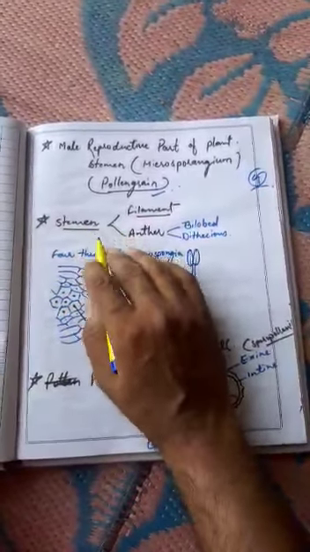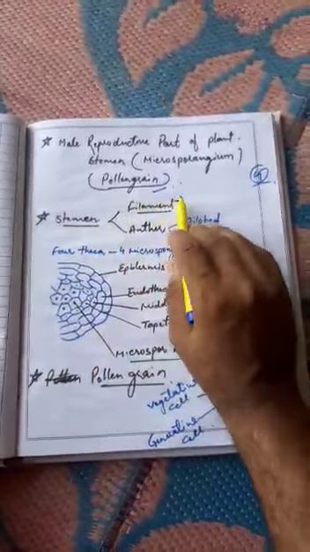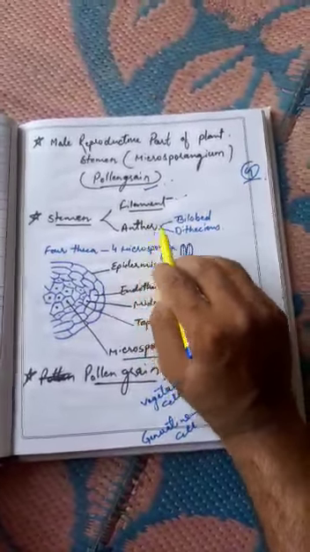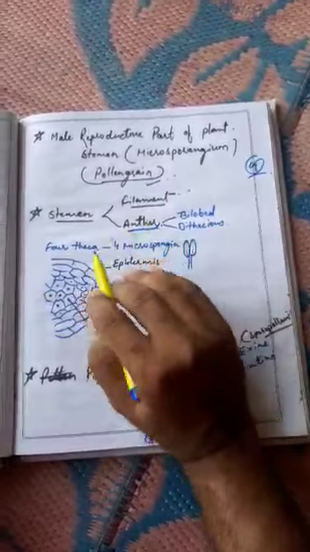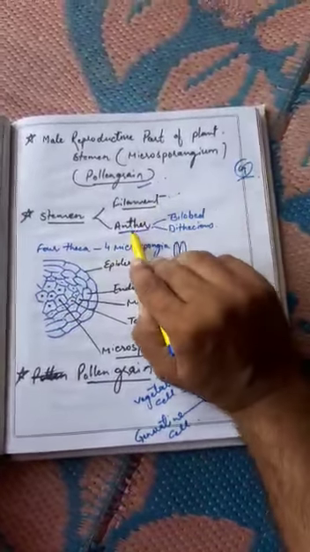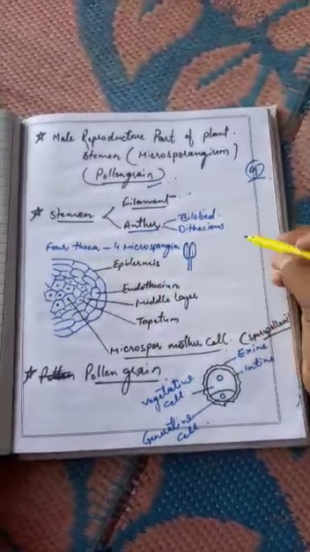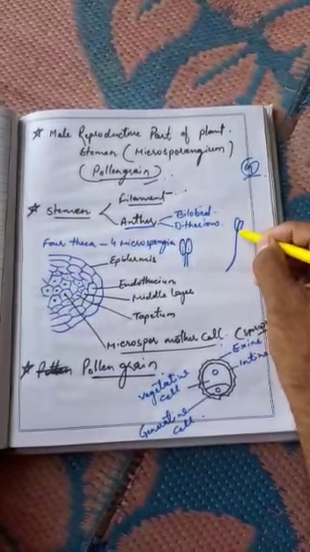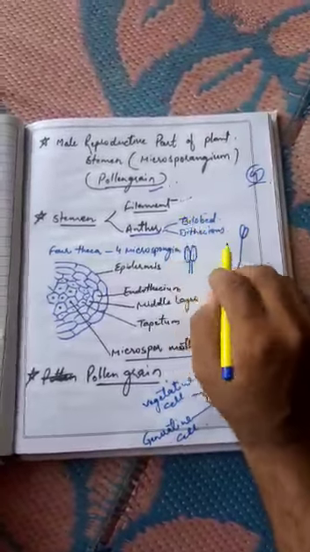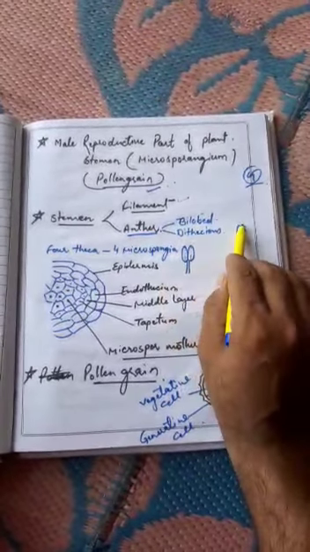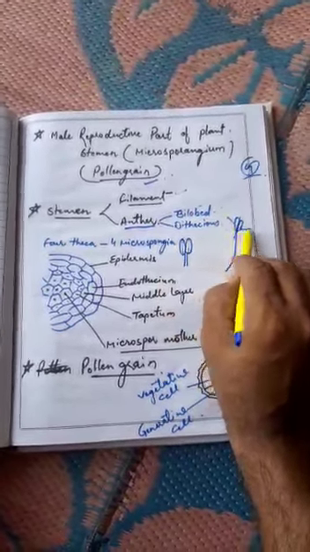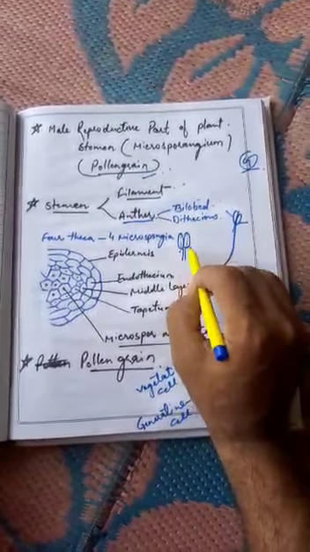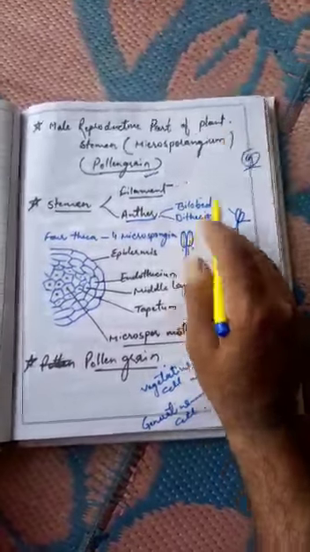Earlier I had told you that the stamen has two parts: the filament, which is long, and the anther. Now here in the anther, one more thing I must discuss. Anther is a bilobed structure. You must have seen anthers like this on plants also. They are attached like this. So what is this? These are two lobes, 1 and 2. These are the two lobes of the anther, and each lobe, as you can see, is separated.